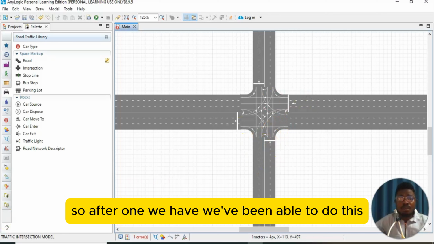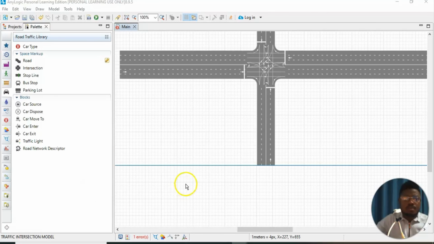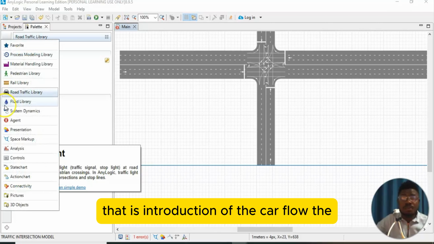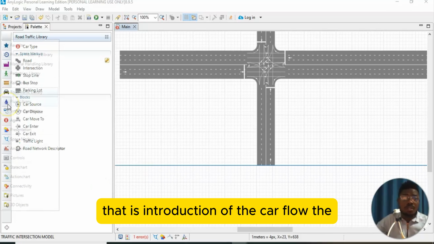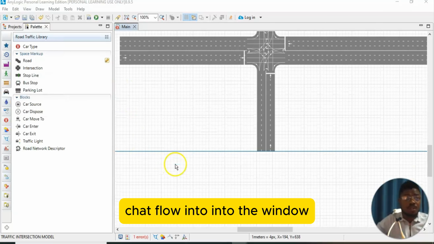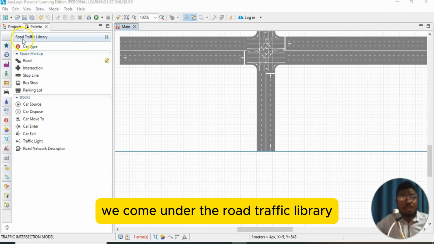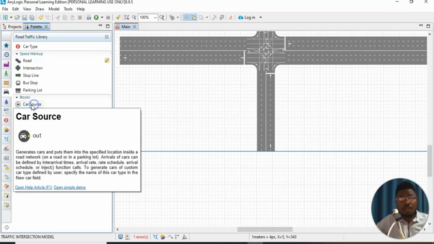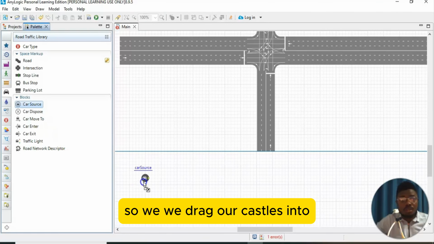So when we've been able to do this, the next thing we are going to be doing is the introduction of our blocks, that is, the introduction of the car flow into the window. In order to do that, we come under the road traffic library. The first thing here is the car source. So we drag our car source